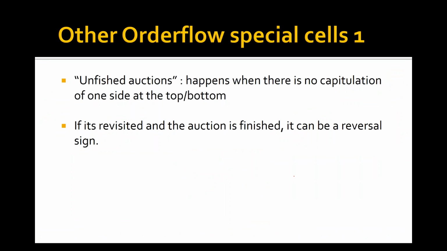A little slide on unfinished auctions. Unfinished auctions come from auction theory, and it happens when there is no capitulation of one side at the top or bottom in the auction process. The idea is if it's revisited a couple of bars later and the auction is finished, then it can provide a reversal signal. So for instance here,